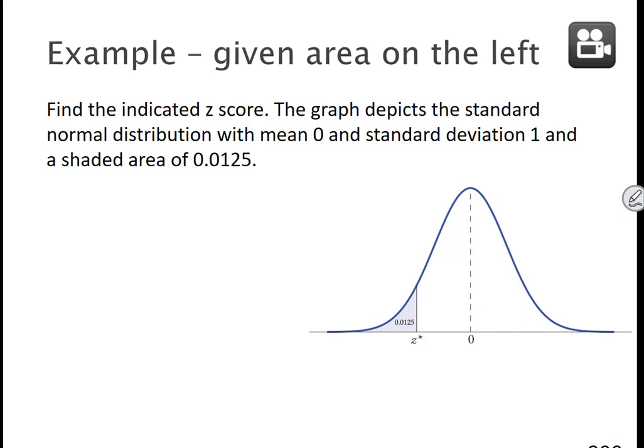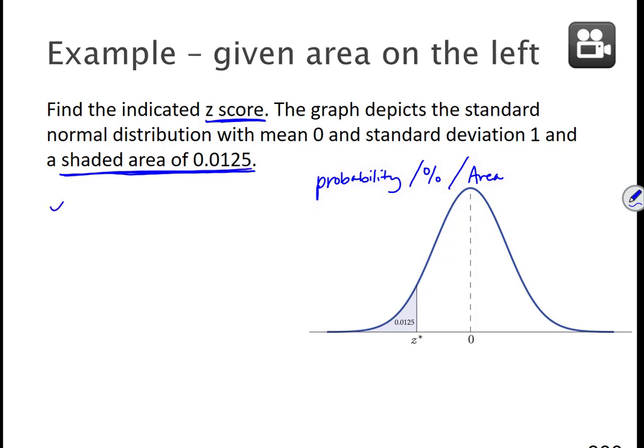Here we want you to recall that inside of a normal curve can be one of several things. It can be a probability, it can be a percent, and here we see that we're also able to find the area. So this problem says find the indicated z-score, but the graph depicts the standard normal distribution with mean 0 and standard deviation 1 and a shaded area of